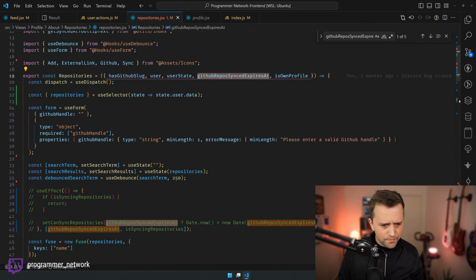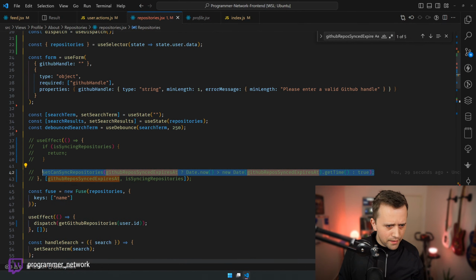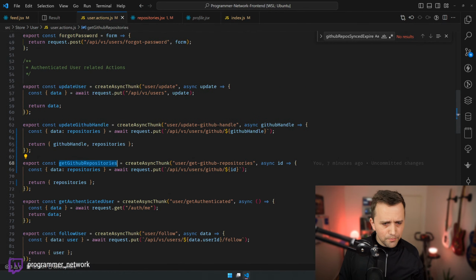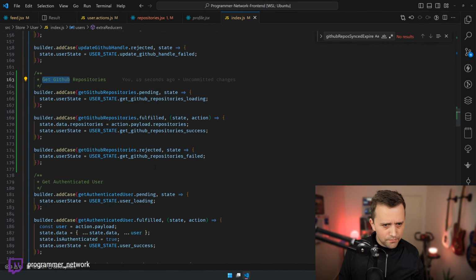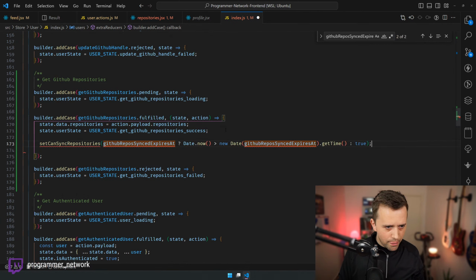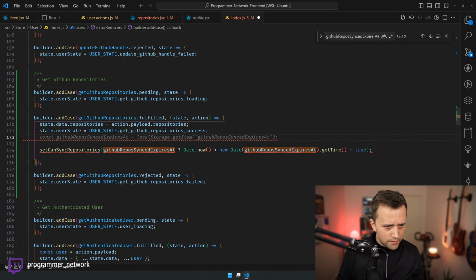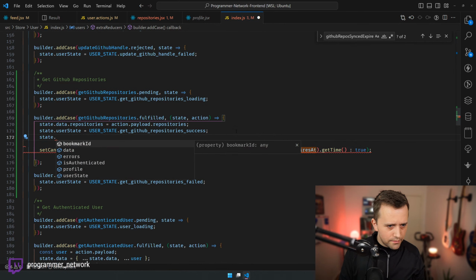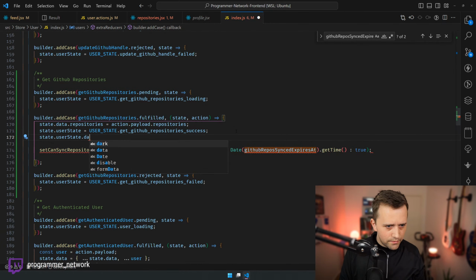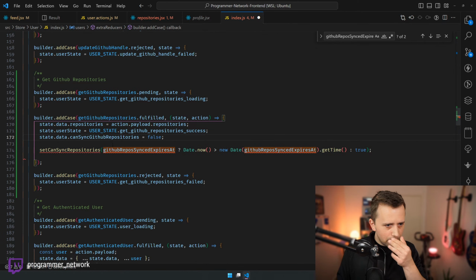Okay, so if we kind of grab this fella over here. State.user.data is equal to, then we'll turn this into an actual utility or whatever.